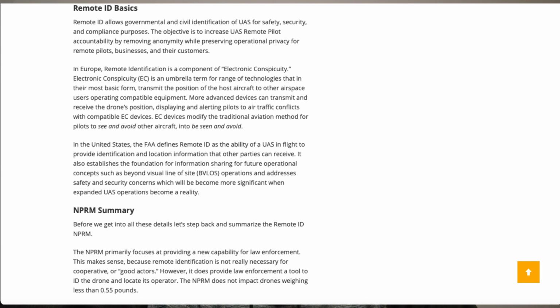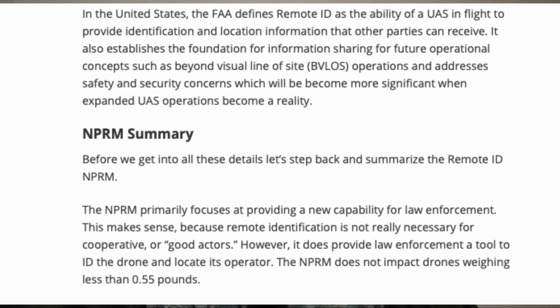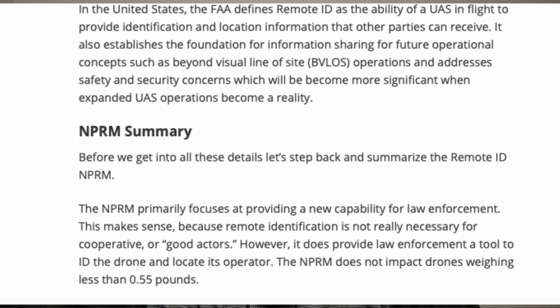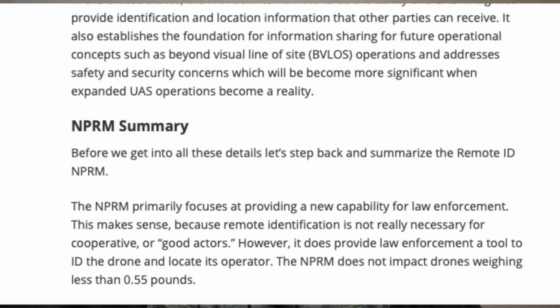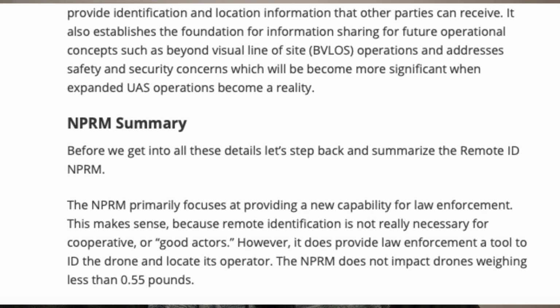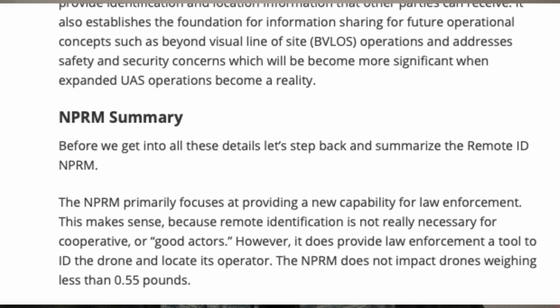there was a summary that was given for this. It says it primarily focuses on providing new capability for law enforcement, which is another area that people are going to be looking at to use drone technology, because remote identification is not really necessary for cooperative or good actors. However, it does provide law enforcement a tool to ID the drone and locate its operator. It doesn't really impact drones weighing less than 0.55 pounds, or less than 249 grams,